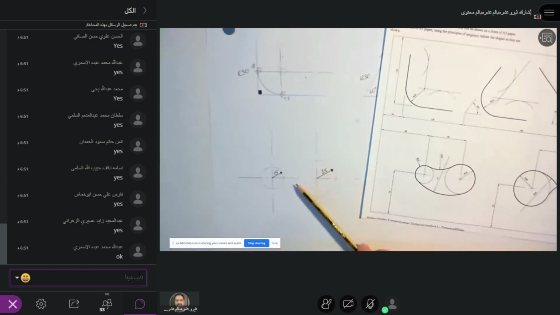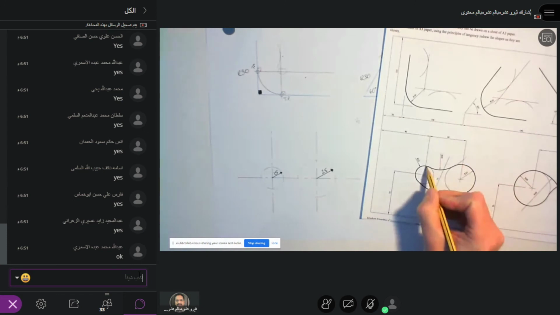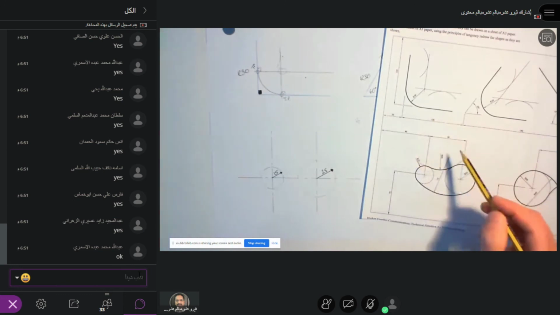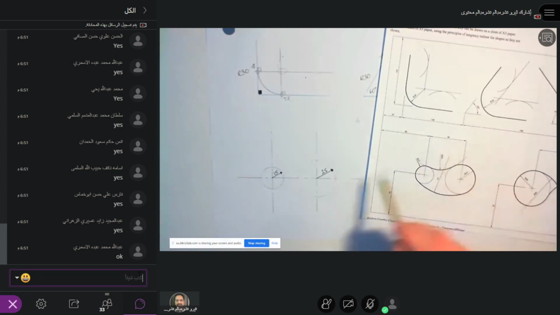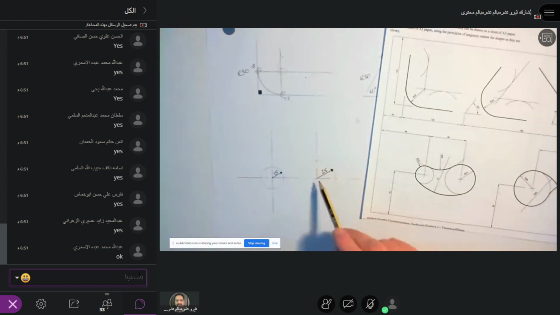But I don't know where I'm going to place the compass point. In order to find that, I'm going to look at this circle, and I'm going to use the same thinking on this one. This curve is coming round and just touching the edge of the circle and going off into the distance somewhere, the same way that this was. So that bigger circle there, which we can't see, has a centre point up here somewhere. The centre point is going to be 40 away from the edge of this circle, up in this direction somewhere. But I don't know whereabouts it is. But I do know the centre of this one. It's 25 from there to there, and if I add on the 40, it makes a total of 65.